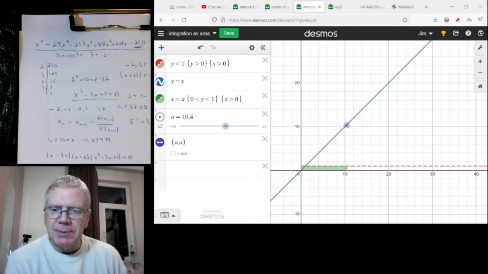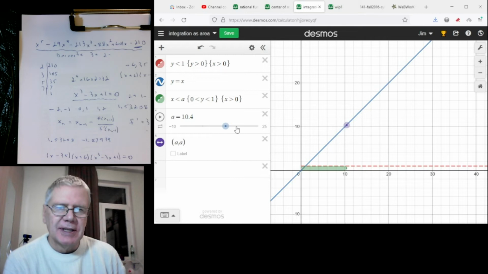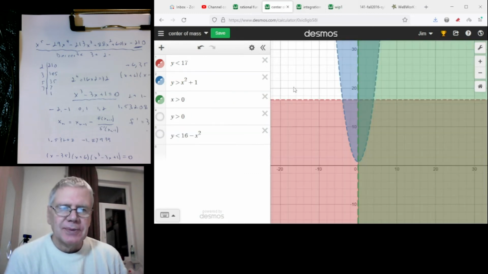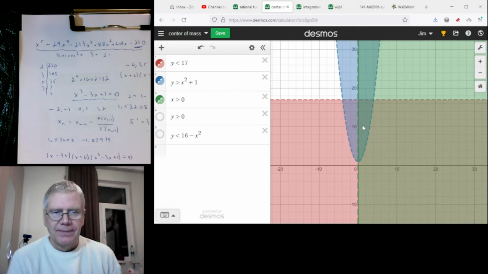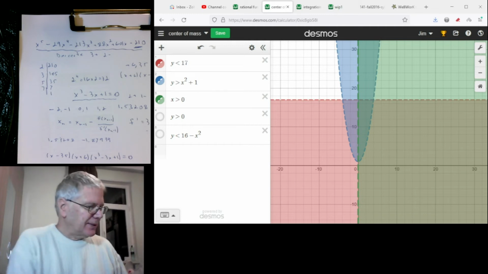I use Desmos a lot. This is an example of integrating and differentiating and the relationship with the slider here. It's a very simple but useful illustration. This was a physics math problem at finding the center of mass of this darkest area here. So I actually, with that one,